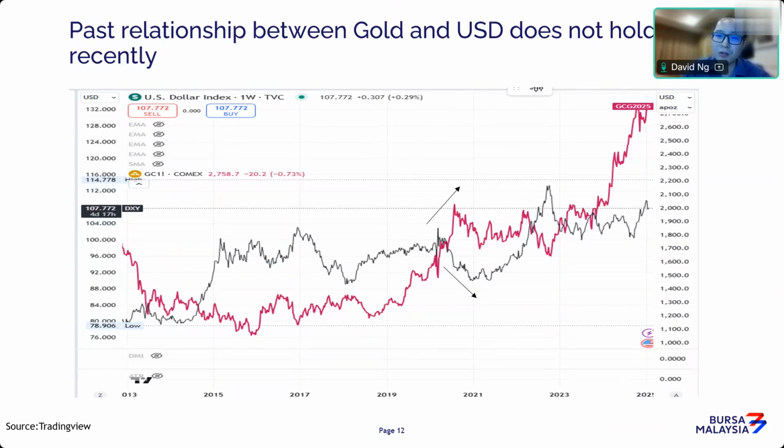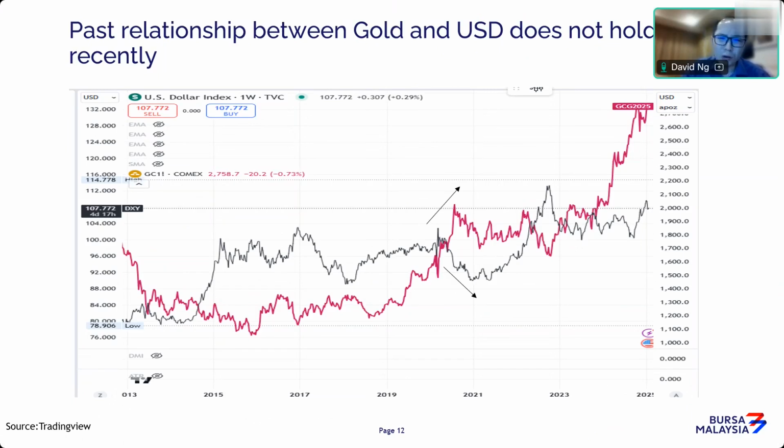So right now you have a situation where you have a stronger dollar and also stronger gold, higher gold prices, which is unusual. But I think the other factors driving the rally in gold prices are stronger compared to the US dollar factor. Having said that, in future the expectation of US dollar strength is going to get weaker because of the tariff, and because eventually if inflation were to come down, interest rates are going to start coming down, then the US dollar generally will be weaker. And when that happens, that will be another support for gold prices as well.